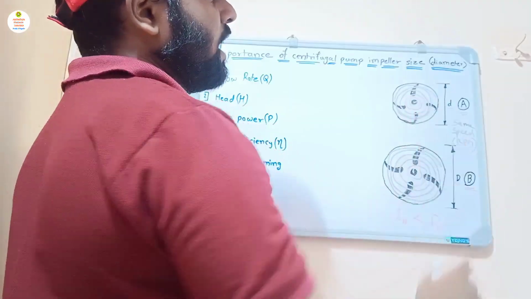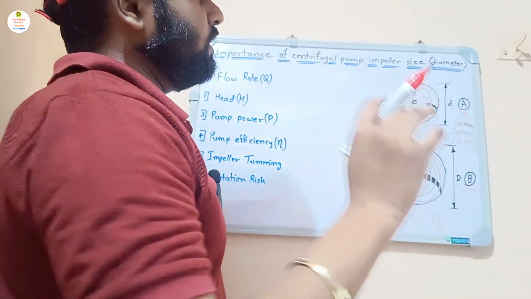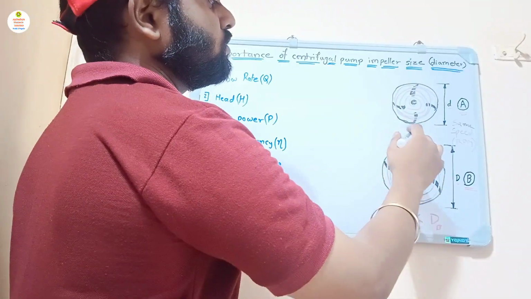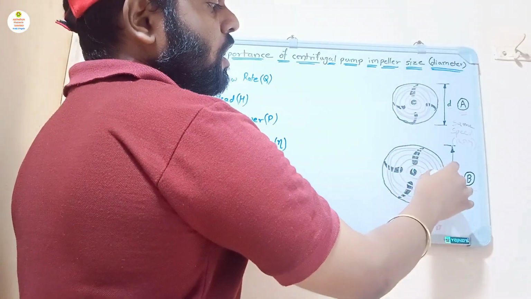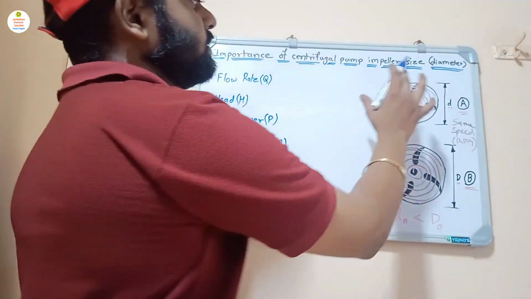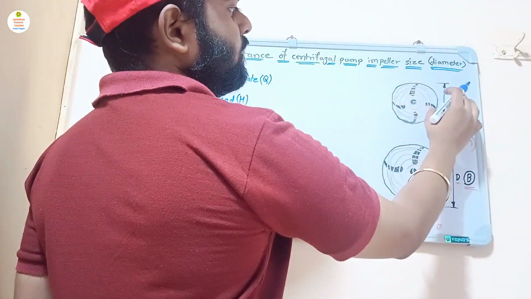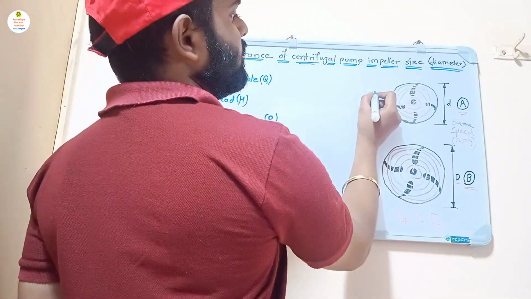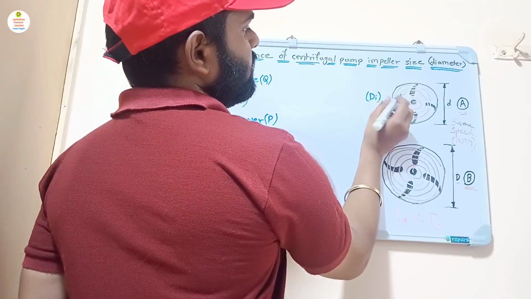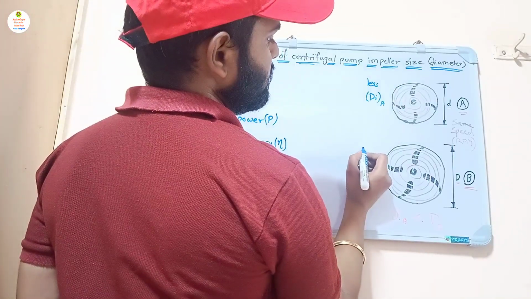In this case, as the diameter is small, the liquid droplet has traveled less circular distance than the liquid droplet traveling inside impeller B. So the distance traveled by the liquid droplet is less in the case of impeller A than impeller B. So I am writing d A, less distance traveled, and here more